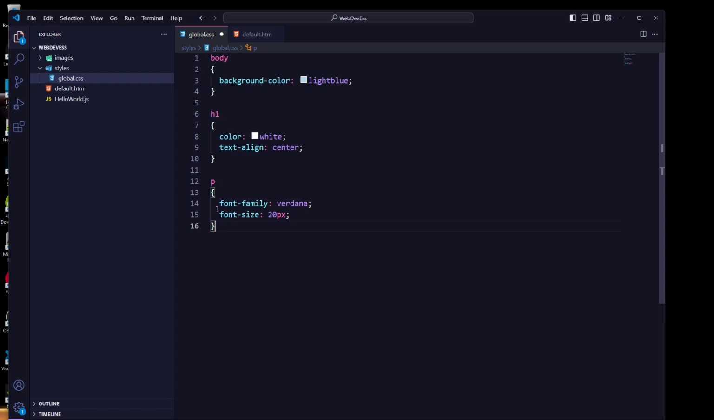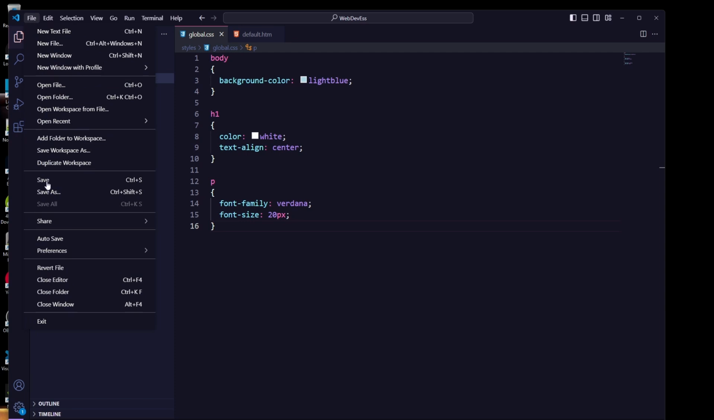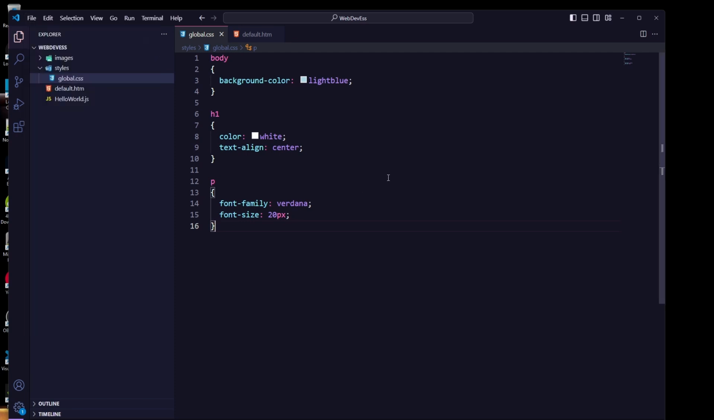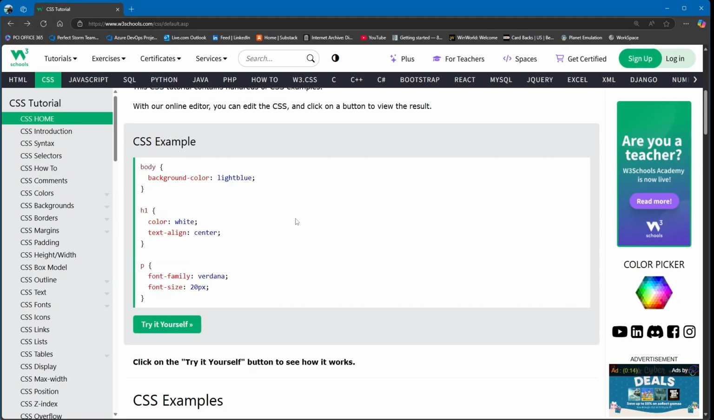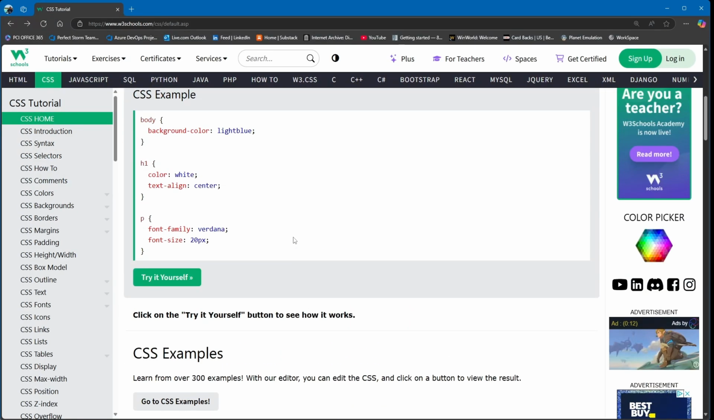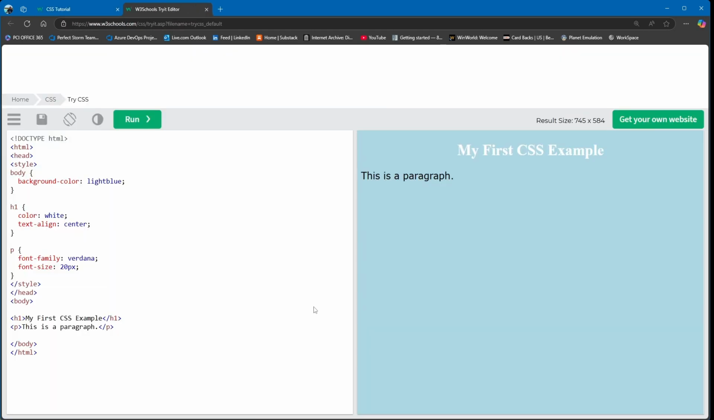So I've made some changes to formatting this, so I'm going to save it. I'm just going to hit Control S and save. Of course, you could always do that up here. So how do we do that? Let's see if W3C shows that as well. That's a style spec. Oh, the try yourself, it'll go ahead and render it for you over here